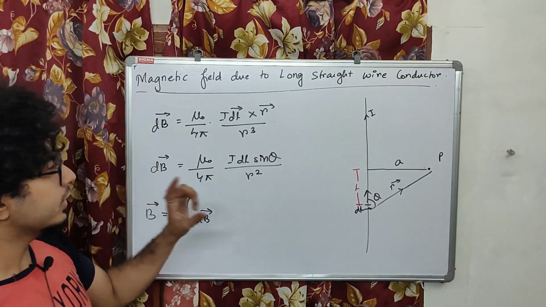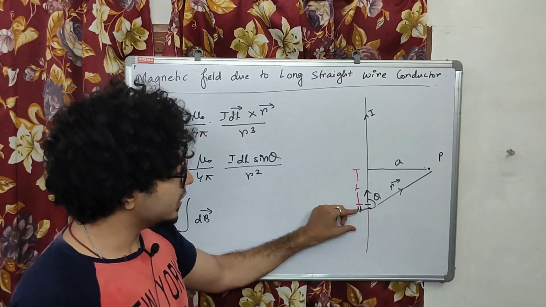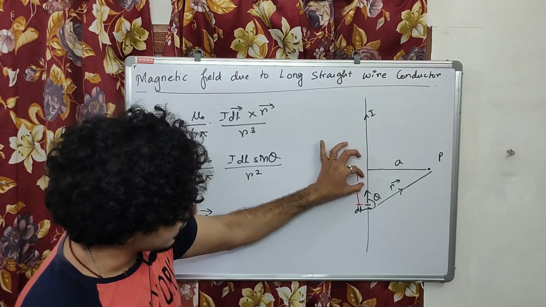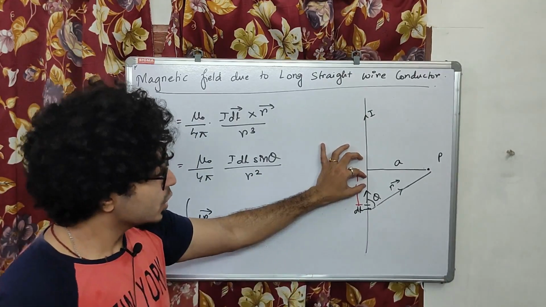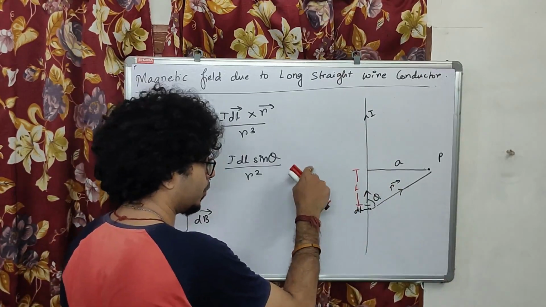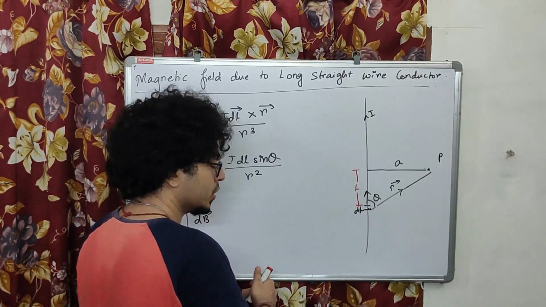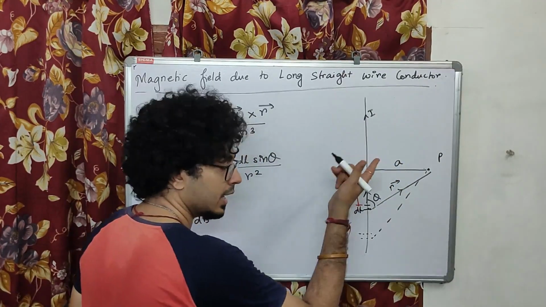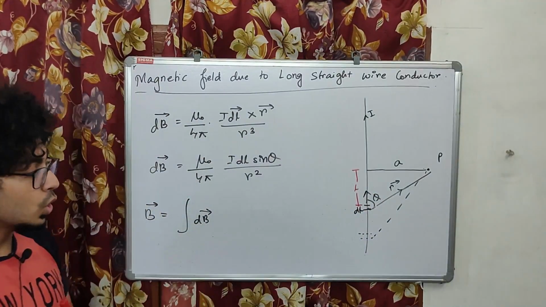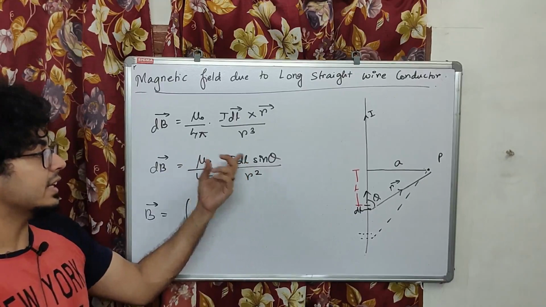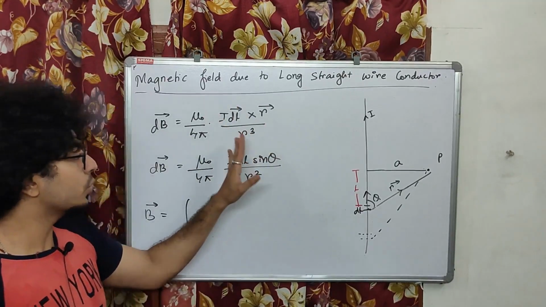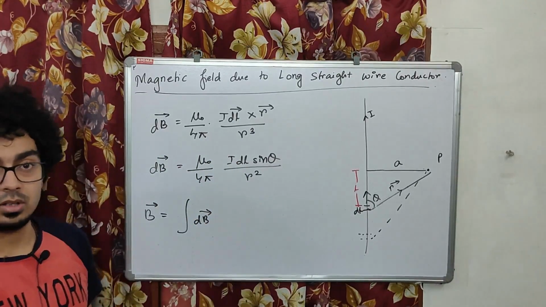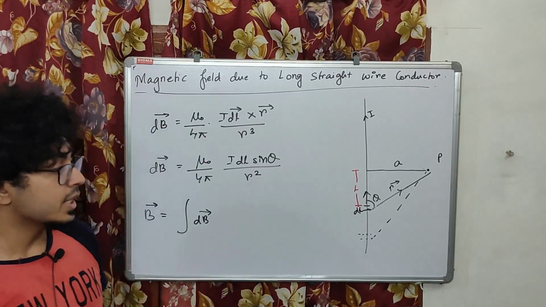Why? First of all, you have to integrate all this dL. So when you have to integrate dL, that means you have to consider this current element as well as a current element that is over here while you are integrating, right? So while you are integrating this part, at that point of time the R will be in this direction. If you integrate from here, the R will be like this, and for that the theta will also change. So whenever you add different dL and different current element, you are going to get different theta, different value of R square and different value of dL also. I is constant.